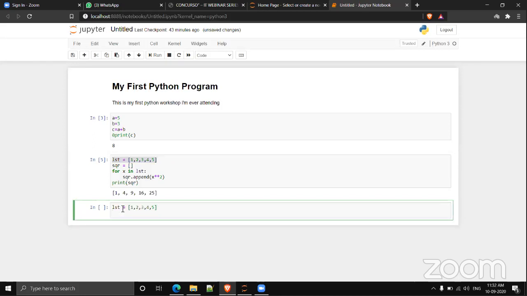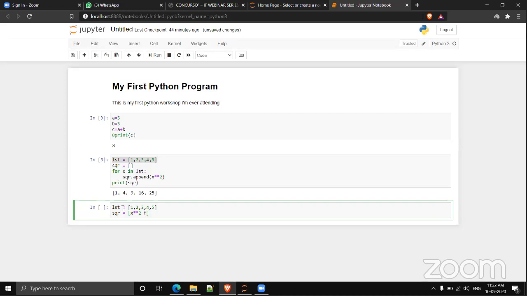Now I want to create another list SQR containing the squares of elements in the list LST, right? So for that, I'm creating a list containing the squares of x. And from where we have to take this x?